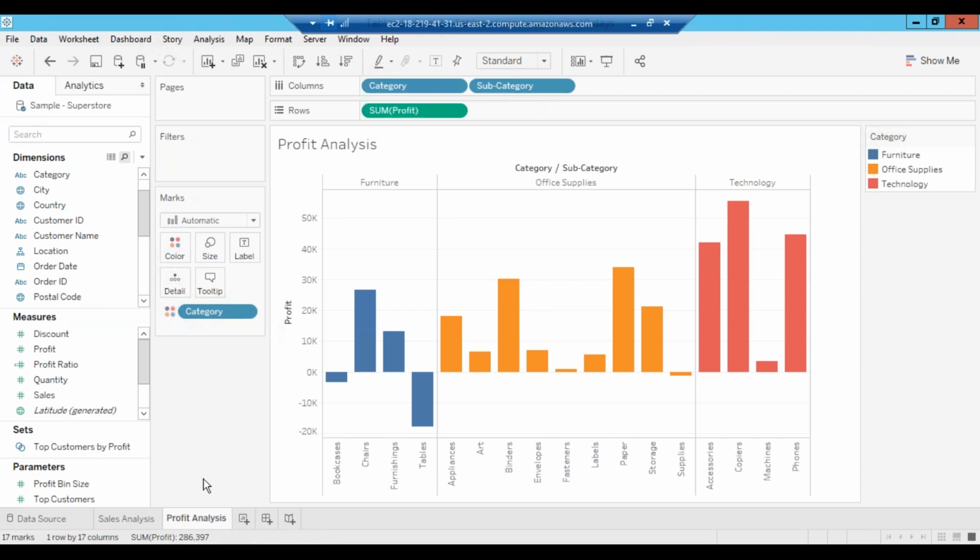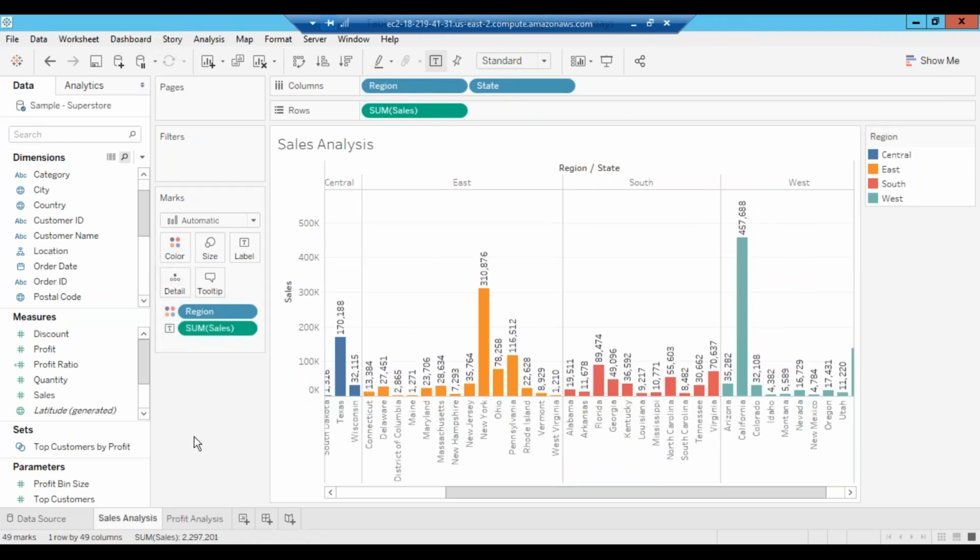Yeah. So I have created two sheets here, sales analysis and profit analysis. Now, remember, I have not added any filters here. So I'll go to the sales sheet and apply a filter. What filter do you want to apply? Date or region, something like that. Let's take a date column. Where will it come?